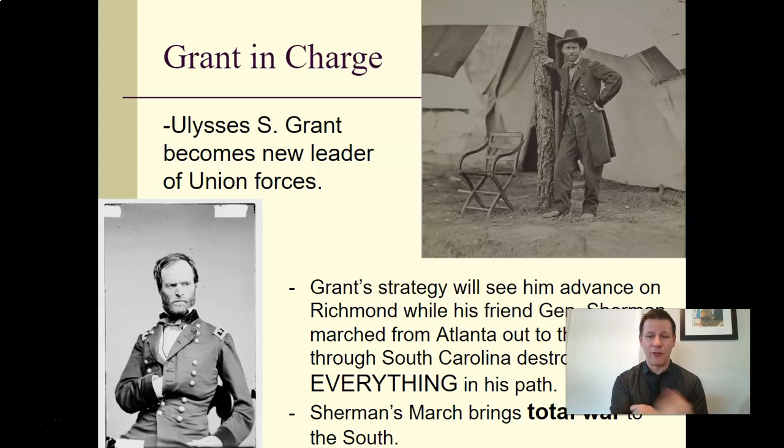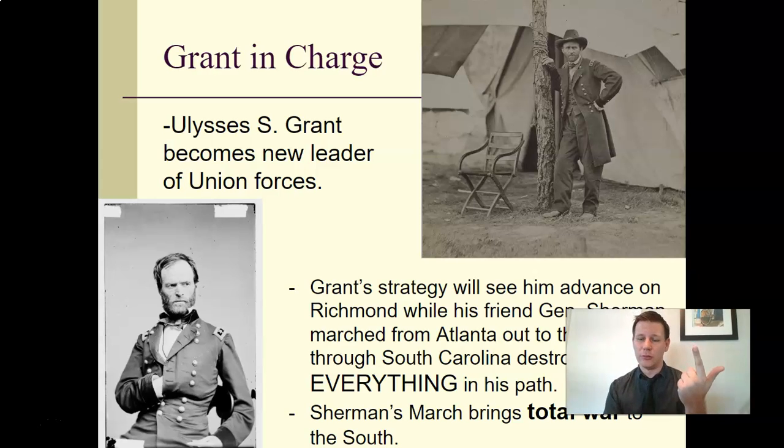He goes through a lot of generals during the war, but finally he found someone, he says, who understands the math, a guy named General Grant. Grant will become president of the United States in the future, but he's one of the few Northern generals who really understands what the Civil War is all about and how to win it. According to Grant, it's very, very simple. The North has more men. The North has more weapons.